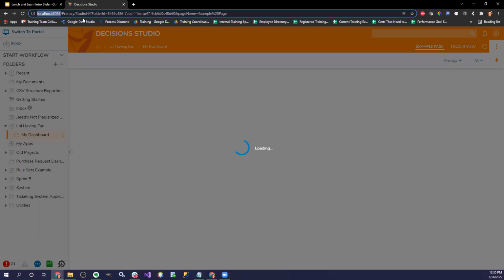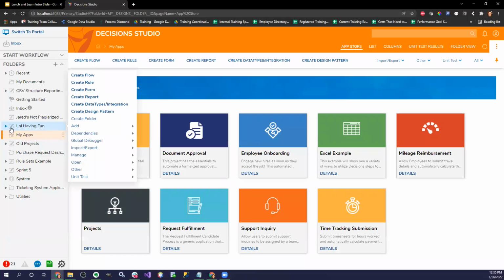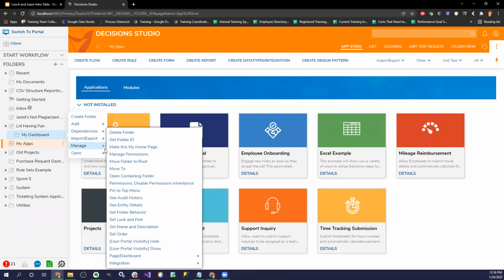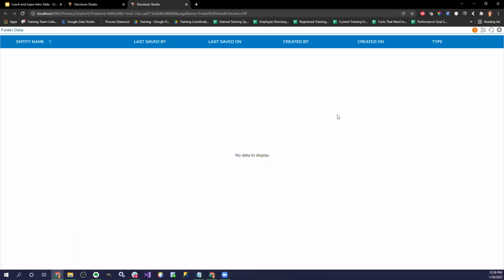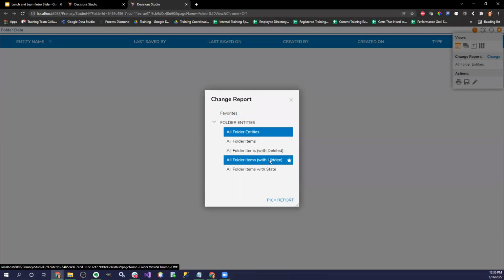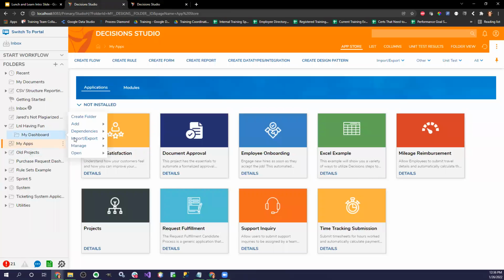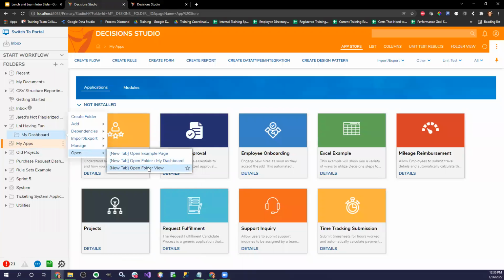I have another idea. So I'm actually going to go back to this right here, and I actually want to open folder view. I think it'll let me do that. So this is a great situation. If you do something that locks you out of that folder, I can right click that folder instead of going into it, right click it, manage, and then open folder view. Because the part that's lagging or causing issues is opening that page.